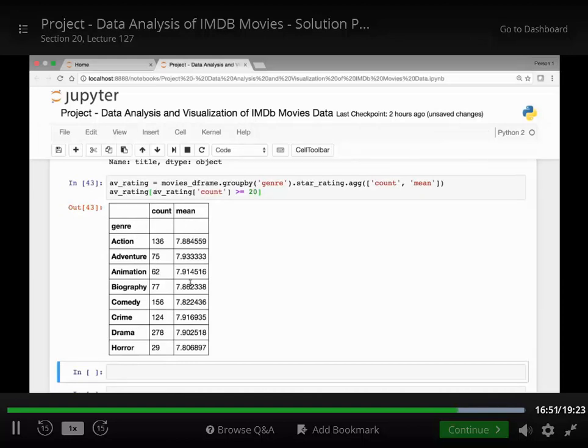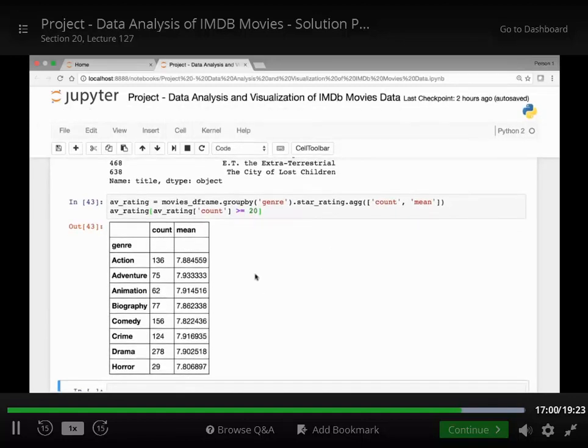And we see that the different genres have about the same average star rating, right? I don't see much difference based on genre. So this is just one way of accomplishing the task. You could come up with the same result using different methods. For instance, you can